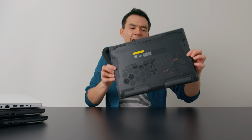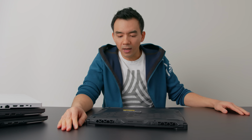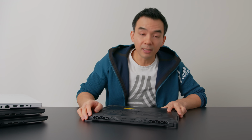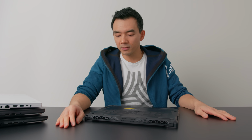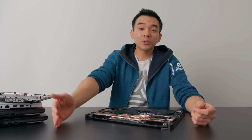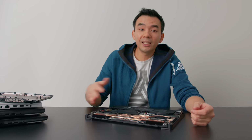They changed it heavily. Now, I cannot open this. I've been told not to open this. I want to so badly because I took a peek and you can see it. Maybe I'll just open it for you guys. Asus, I'm sorry, but I just have to show my audience the insides because I know they're going to appreciate this. So we have a completely redesigned